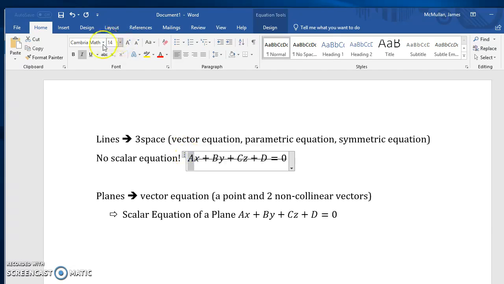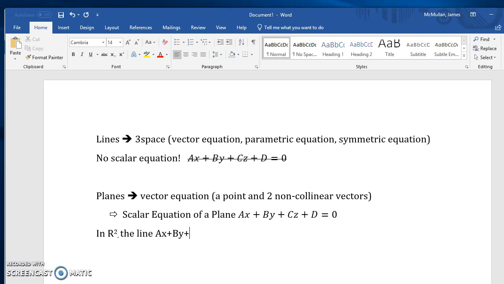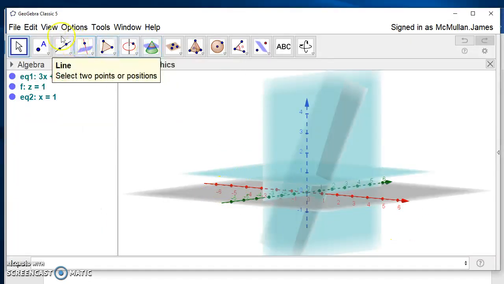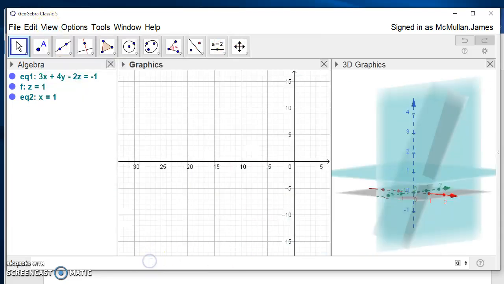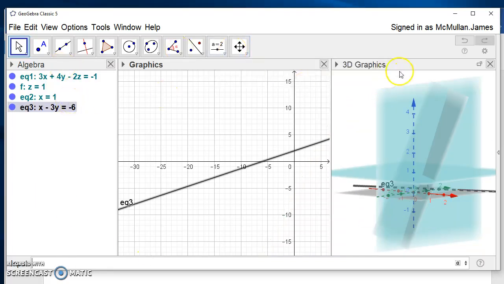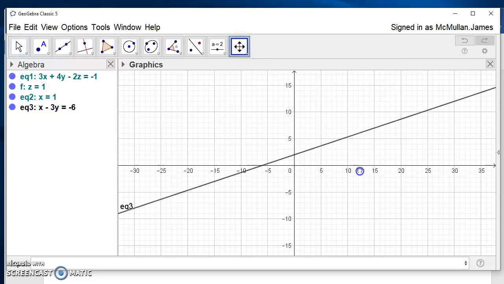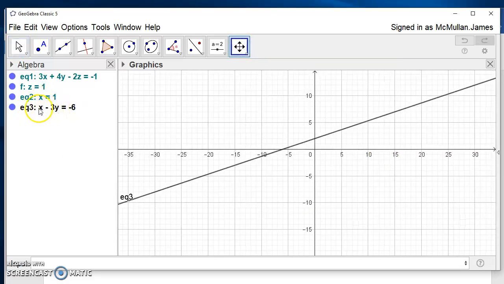Now, if you remember, in 2D, so in R2, the line ax plus by plus c equals 0 has a normal (a, b). And what that meant was that if you draw a line in 2D, ax plus by plus c equals 0, just go back and quickly draw that. So let's say 2x minus 6y plus 12 equals 0 creates this straight line. Okay, no big deal. And you can see the a value is a 1 and the b value is a -3. And if I graph that vector (1, -3),